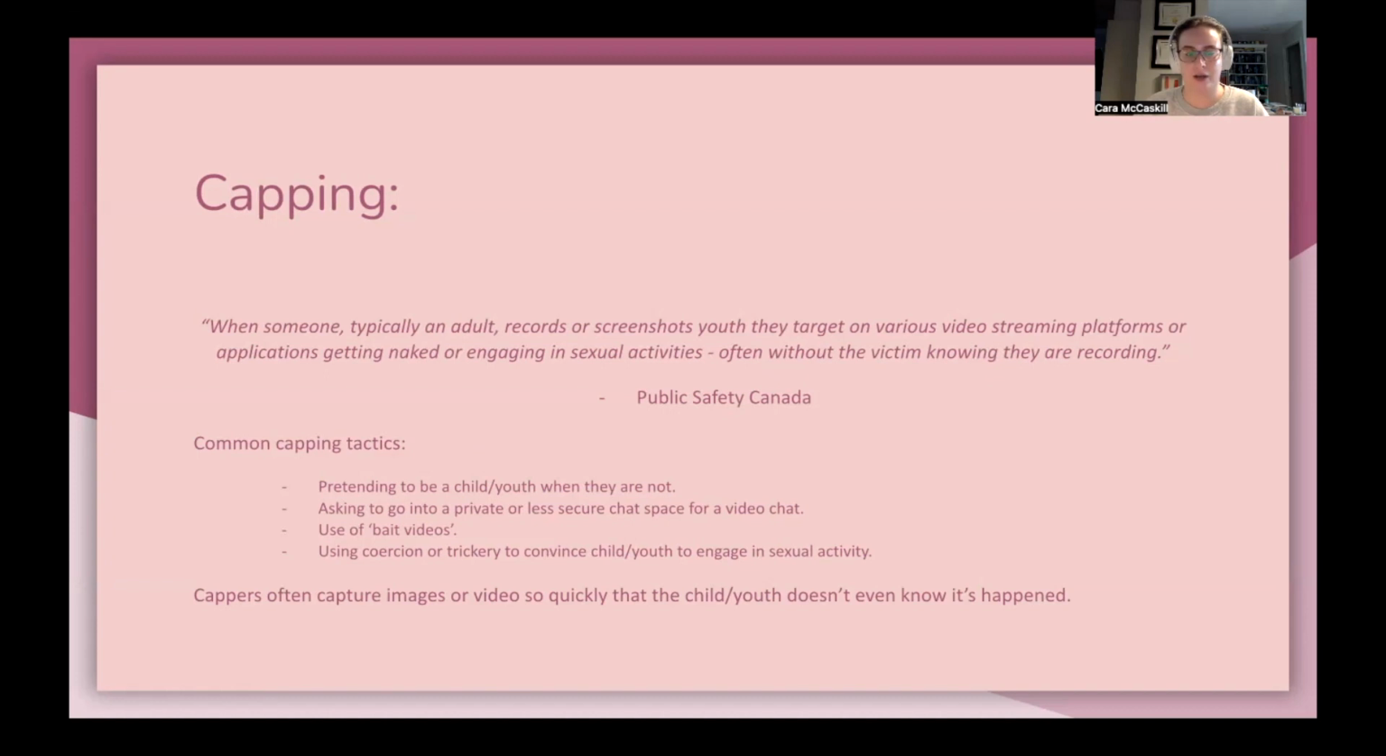The perpetrator then, once they've built a little bit of rapport, will ask the victim to go into a private chat or a less secure chat space for a video chat. They might use bait videos, which are